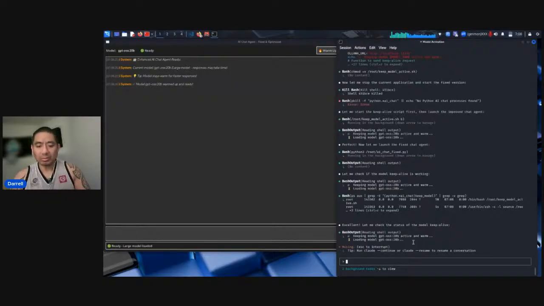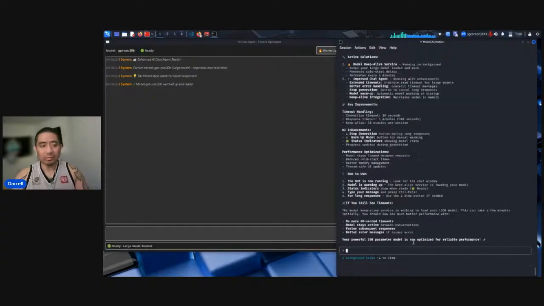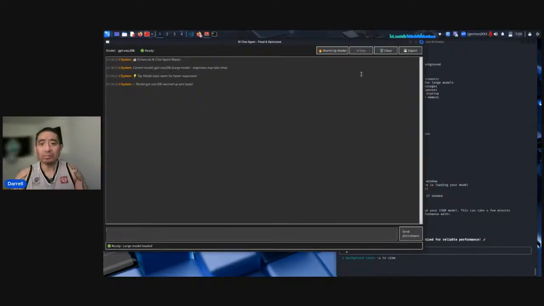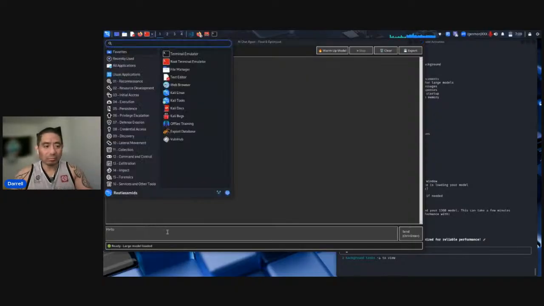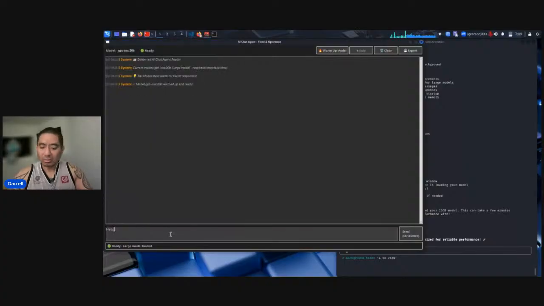Okay. So we'll let it load up the model before we actually type in hello and see if it actually responds back to me naturally. Okay, so now it told me it's ready, so let's not waste any time and give it something. Okay, Control Enter. AI is thinking. This may take time for large models.